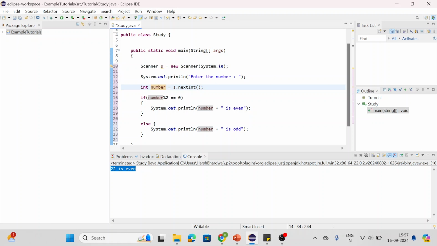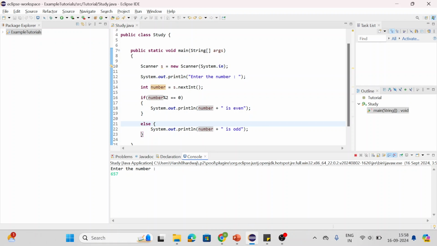Alright. So now let's save it first. We have saved it. Now let's try to run this. So as you can see, a message is being displayed, "Enter the number". So now whichever number we enter, this program will tell us whether it is even or odd. So let's say I'm adding, let's say, 16 this time, and 16 is even, it is telling us. Now again, save it and run it. Now we'll write, let's say